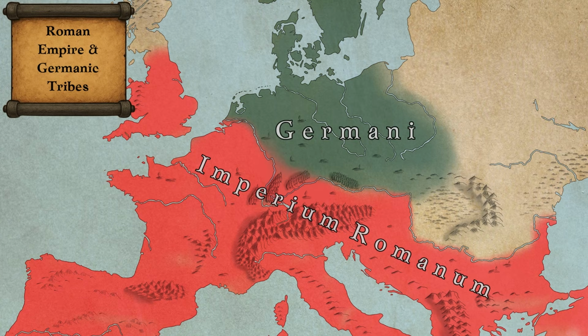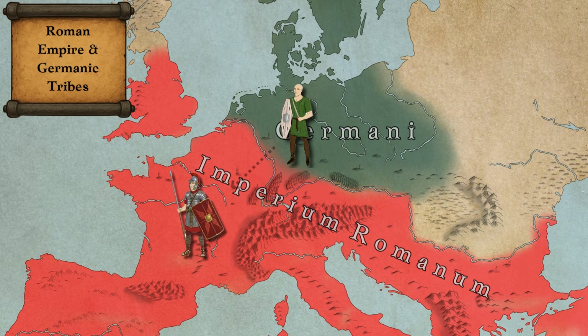Rome and the Germanic tribes had been in close contact with each other since Julius Caesar's conquest of Gaul, and Germanic warriors had subsequently served in the Roman military, bringing many aspects of Roman civilization into Central and Northern Europe in the process. In this context, it doesn't seem too unlikely that some of those warriors also picked up the Latin script and adapted it to better suit their native tongue.